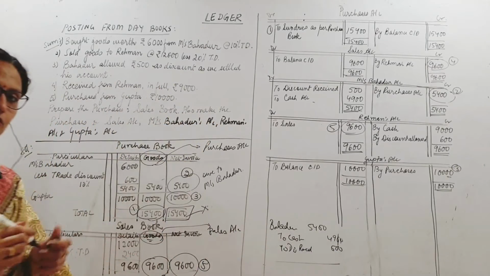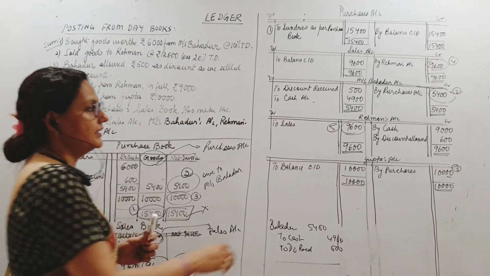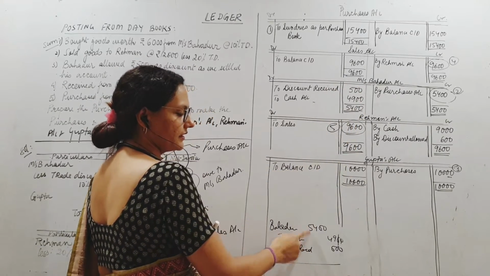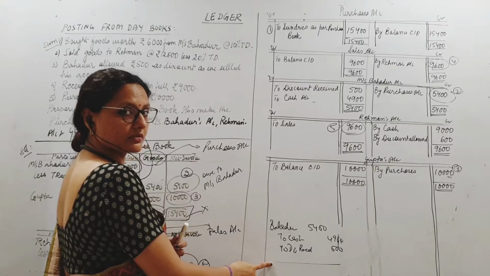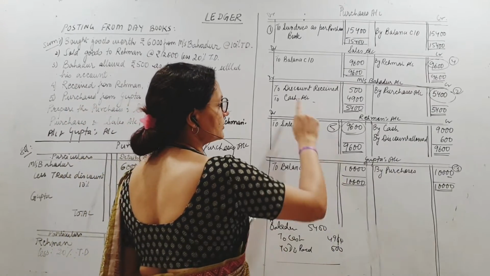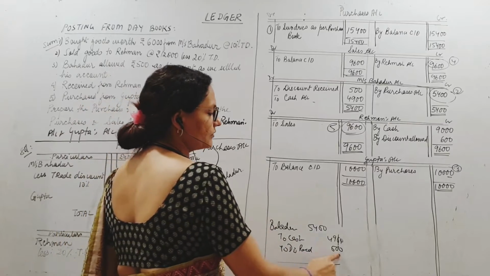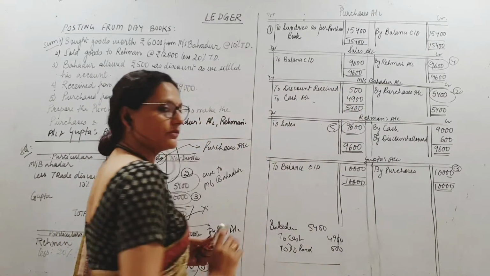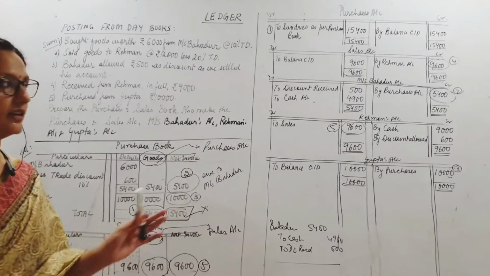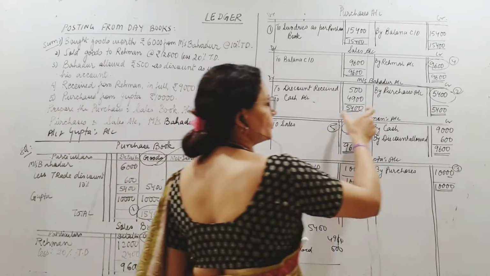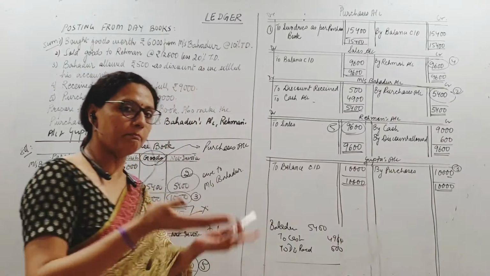This is as per the journal. You know that. So here 5,400 I need to debit, but not together. I am crediting 2 accounts in that. To cash 4,900. So this comes here. And to discount received 500. See, discount received. Done. Therefore, there will be no balance left in Bahadur's account. Therefore, I total it up and there is no need to balance it.